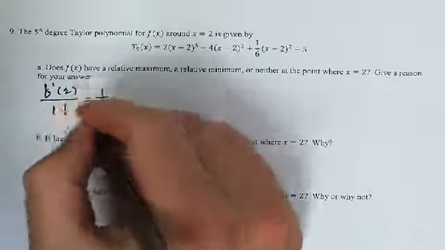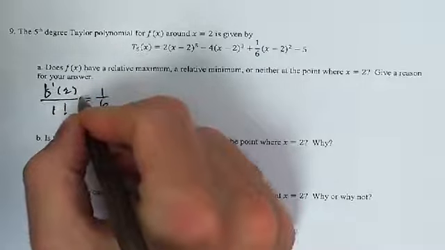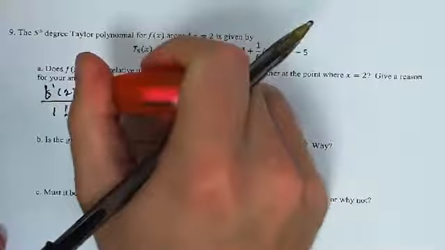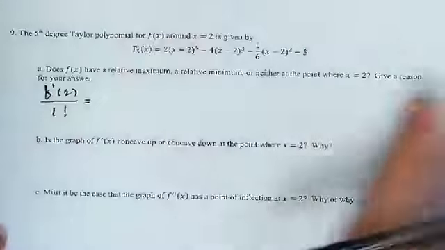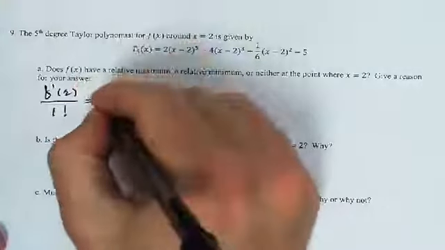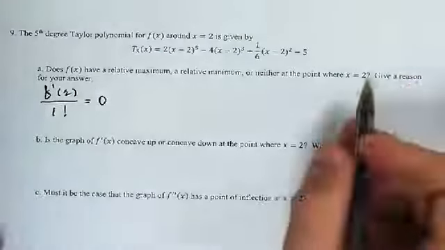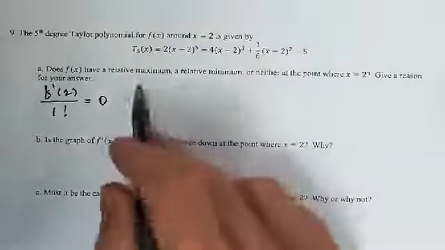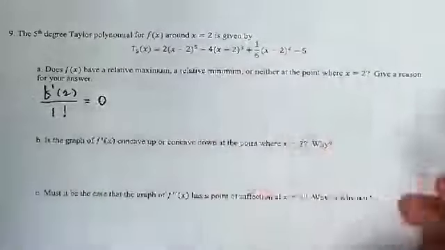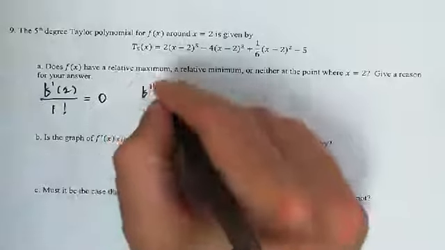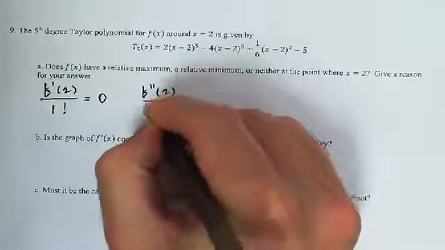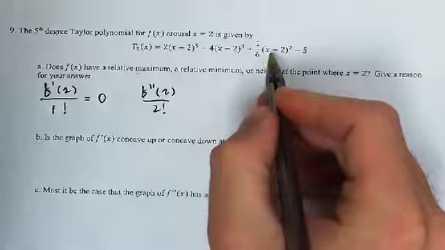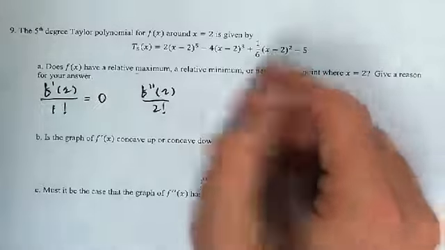First derivative, 1 factorial, x minus 2 to the first power. I don't see a first power. That's got to be 0. So that means the first derivative is 0. That makes sense, right? If there's going to be an extremum, I would expect the first derivative to be 0. F's second derivative at 2 divided by 2 factorial by x minus 2 squared is going to be 1/6